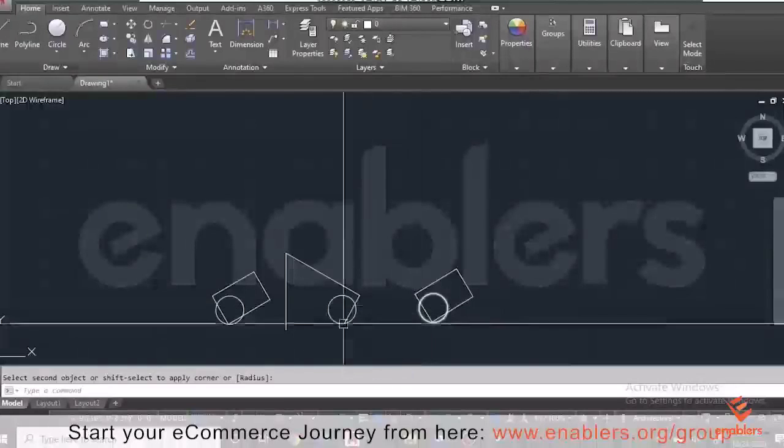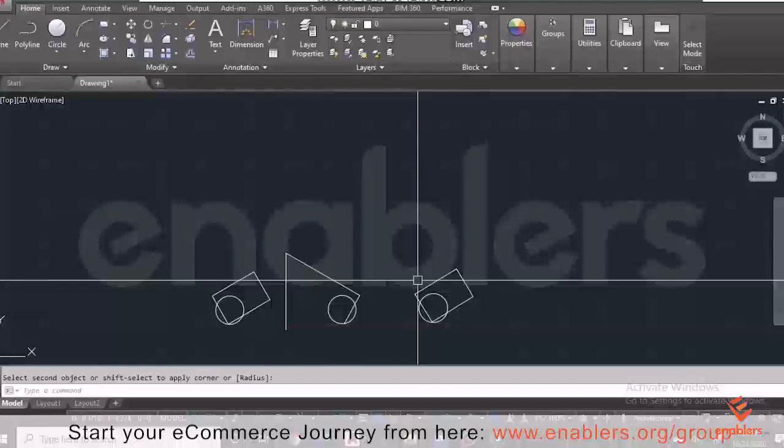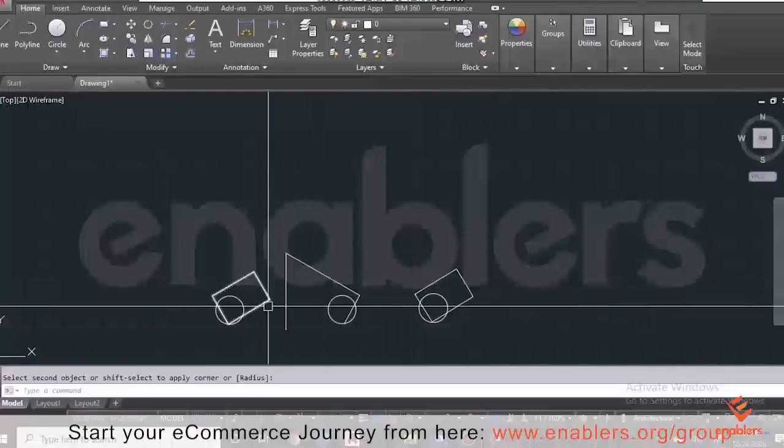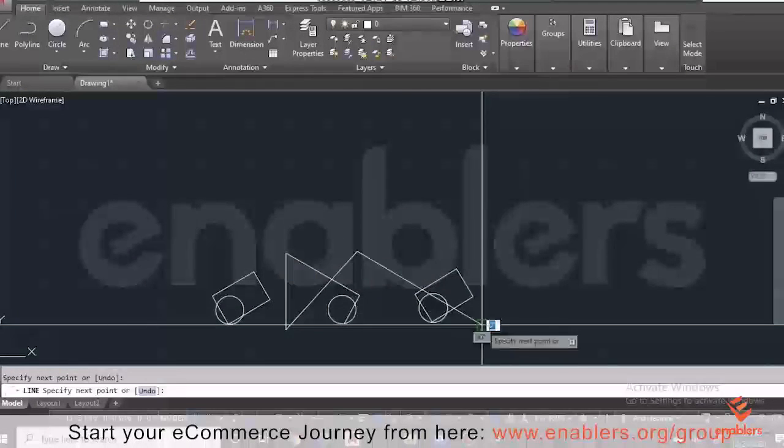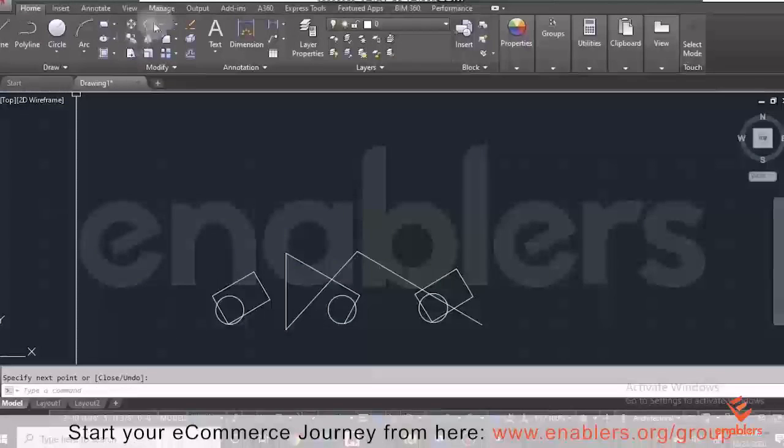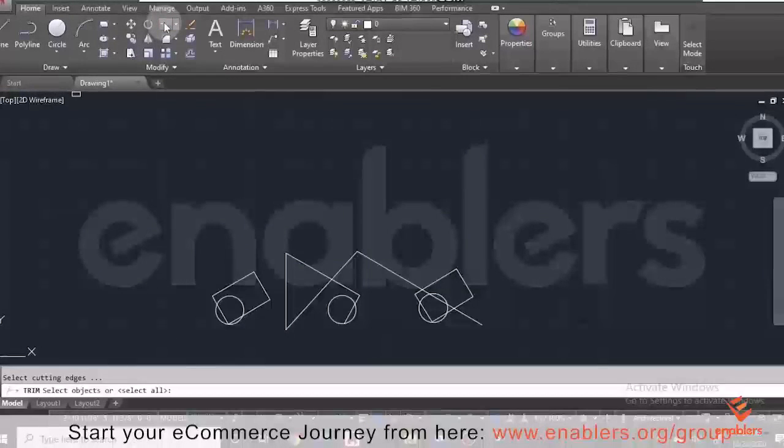Okay, let's make a line that intersects these lines, these objects. Now let's talk about the trim tool. We have a lot of intersecting curves here, and if you want to trim some unwanted geometries, for example, this part of the line or this part, you can use the trim tool